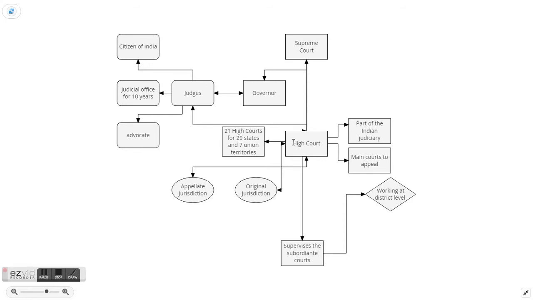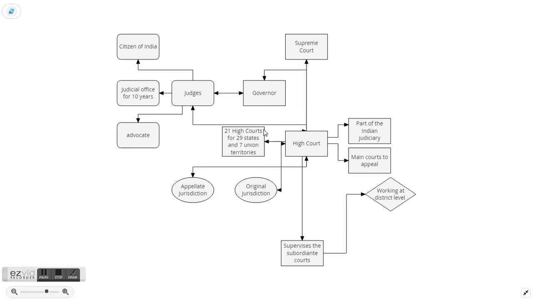The high courts are main courts of appeal. These courts hear appeals from numerous subordinate courts. So the most important work of any high court is to hear appeals from the subordinate courts and the district courts too. The system of appointing judges, their qualification and the working of any subordinate court is under the direct control and supervision of the High Court of the state concerned.